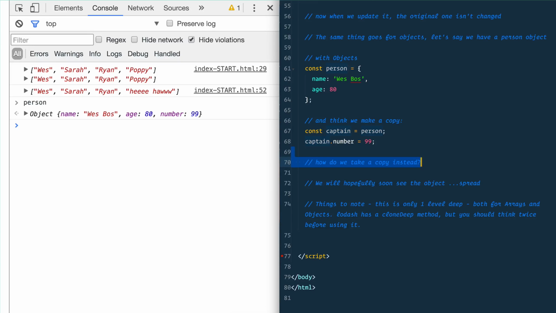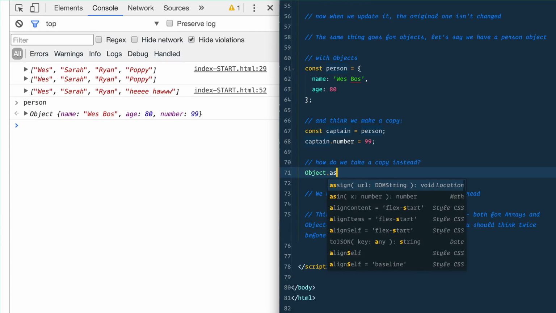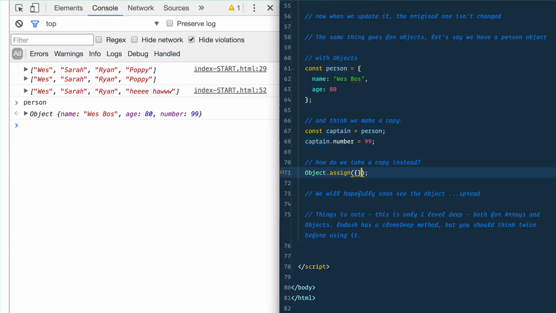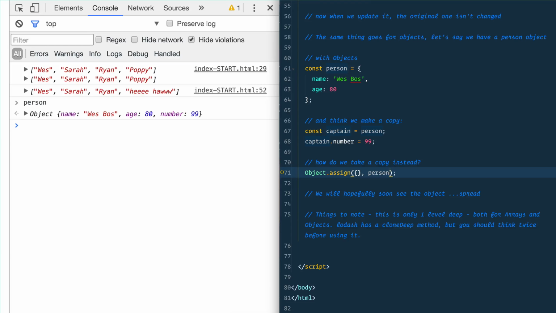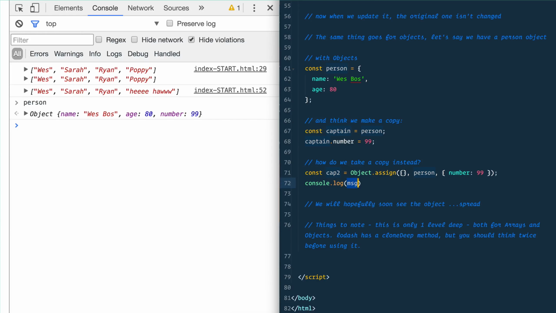So how do you take a copy instead? That is with something called Object.assign. The way that it works is you start with a blank object. You pass it the object you wish to copy all the properties from, which is person. And then you fold in your new properties that you wish to overwrite, which is number is going to be 99. And then you stick that entire thing in its own variable, const cap2 equals. Now when we console log cap2,